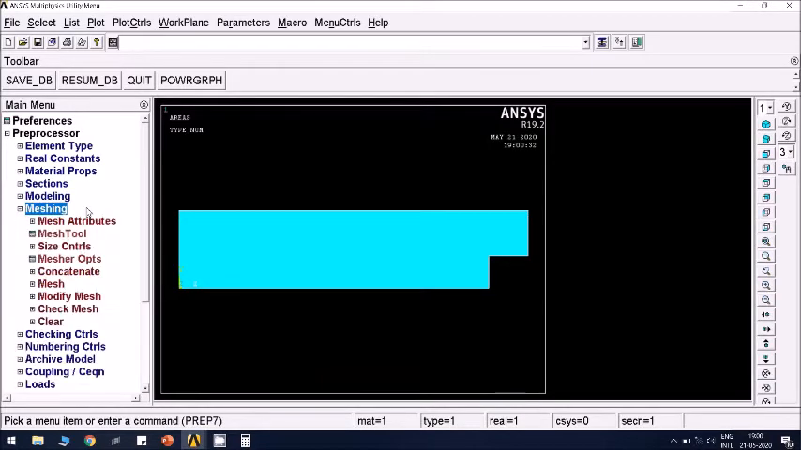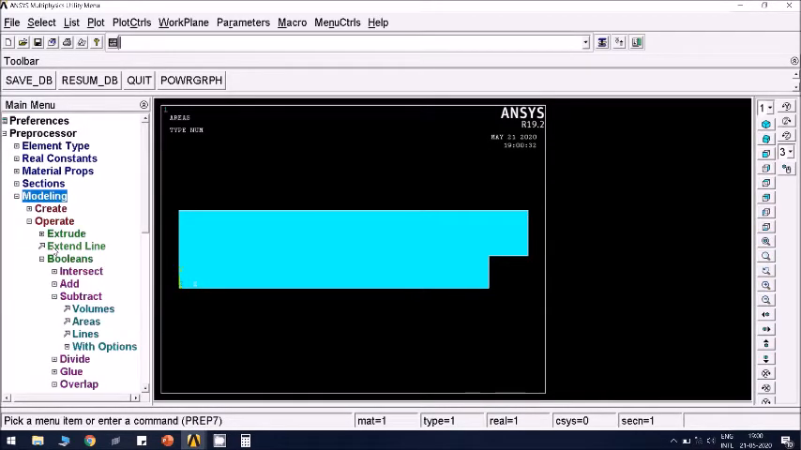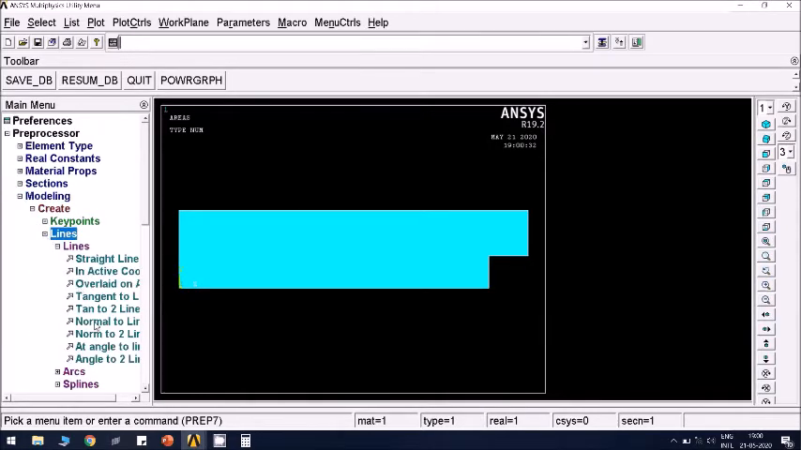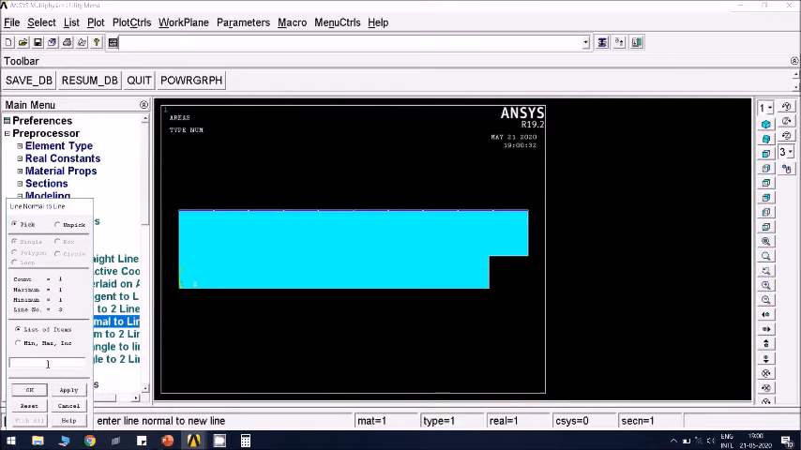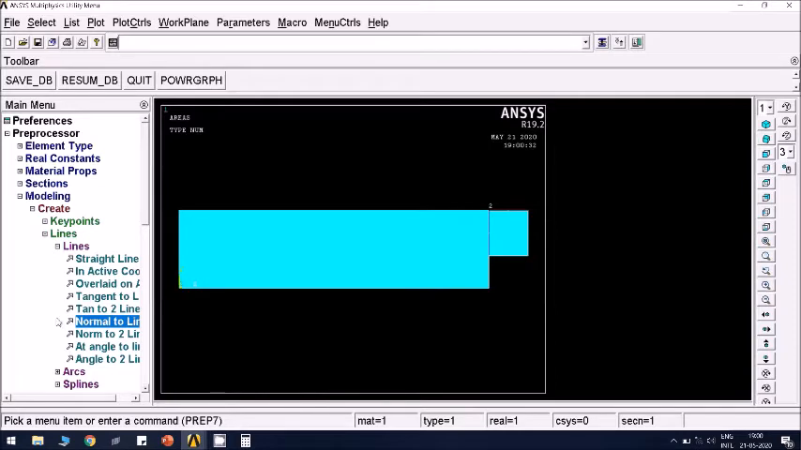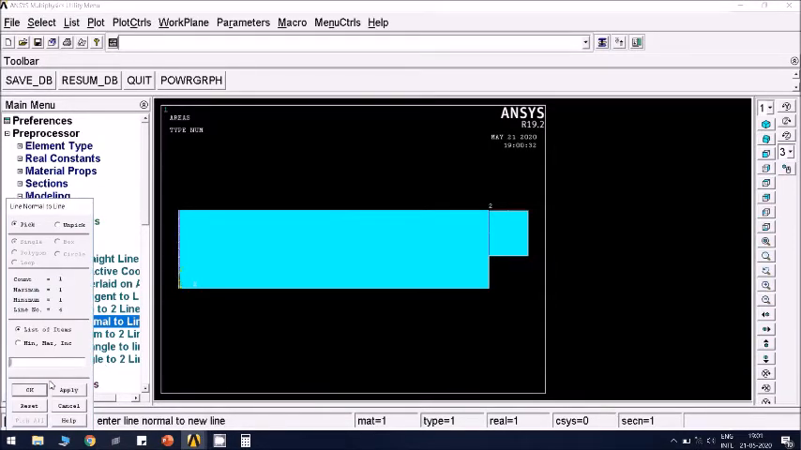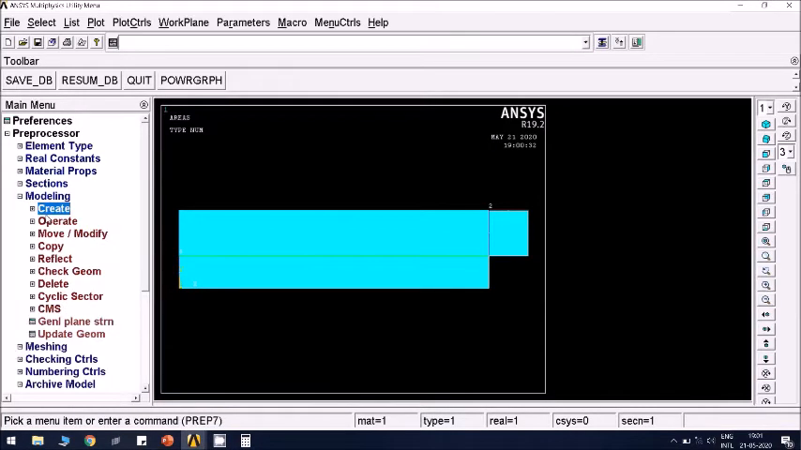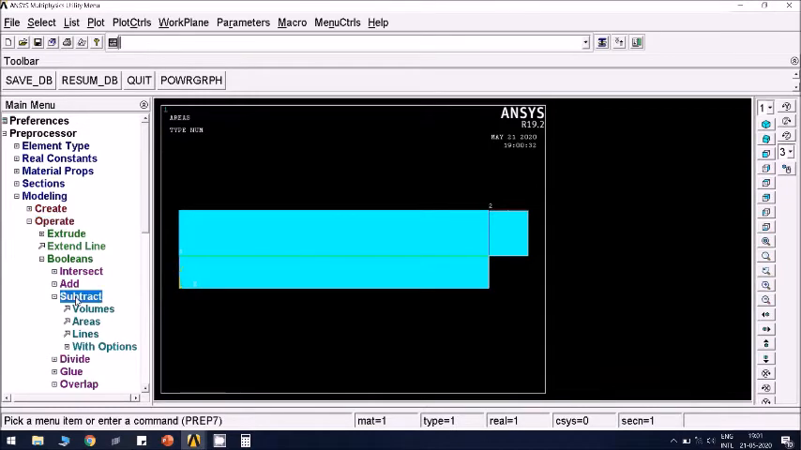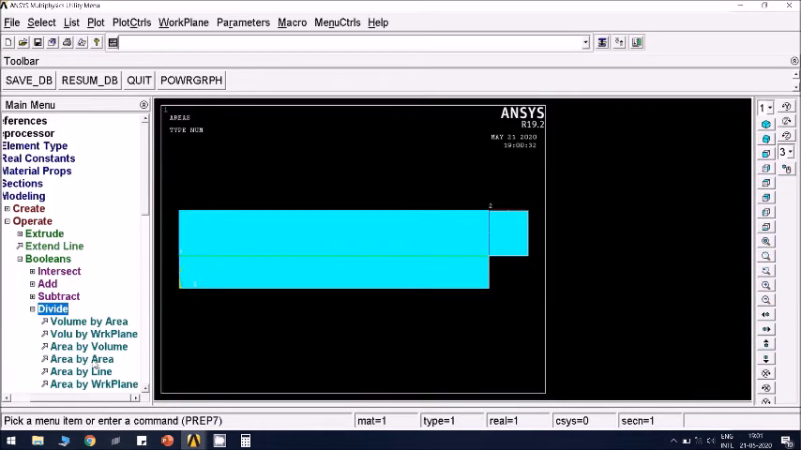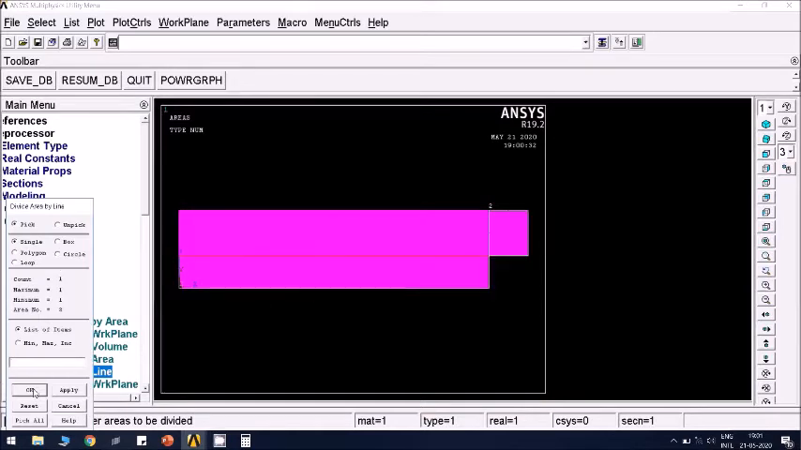Let us use map mesh for this also. Appropriately let us divide this. So create lines, normal to line option, normal to this line, from this point, normal to this line, from this point. Now we'll divide this, divide area by line, select the area, select these two dividing lines,